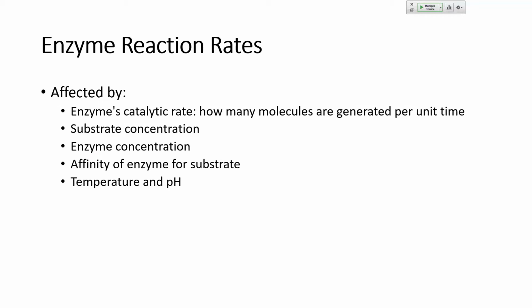The body needs to be in a consistent, constant internal environment in order for things to work properly. And enzymes are one of those examples. So if we have a high temperature, we may see enzymes moving much faster. If we have a high pH or a low pH, we may see enzymes moving faster or even being denatured if that's